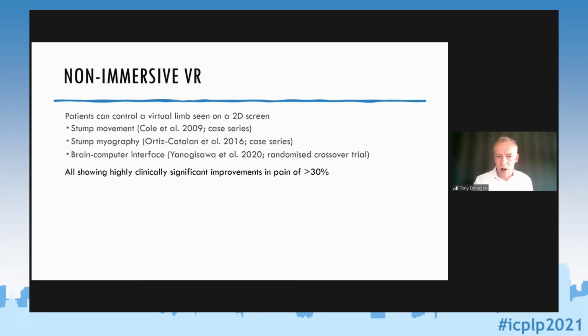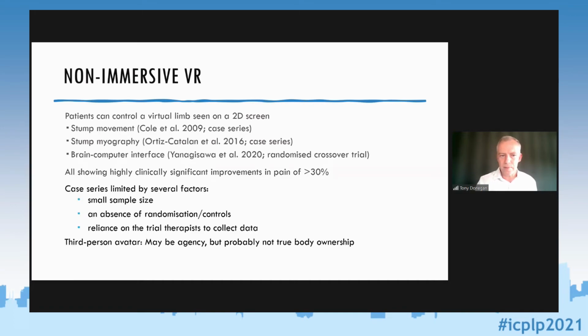Now, all these studies show highly clinically significant improvements in pain of greater than 30%. The case series are limited, again, by small sample size, an absence of randomization and controls, and a reliance on the trial therapist to collect data. So we need RCT data, and as I say, that's forthcoming. But the final point is that this is